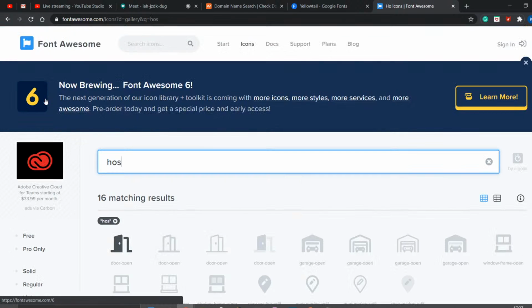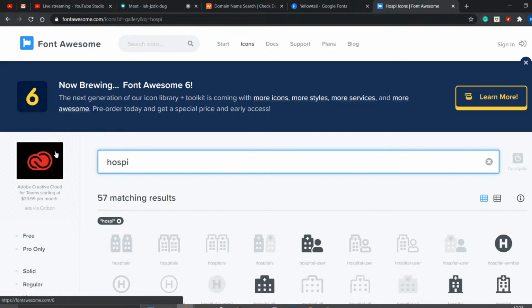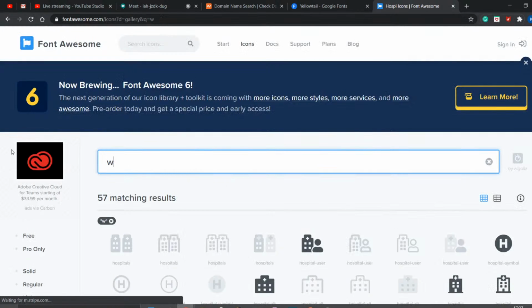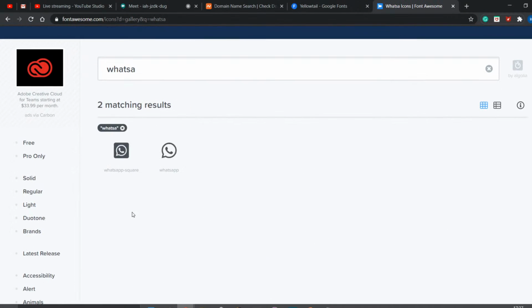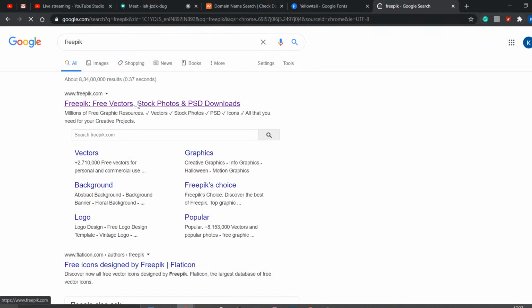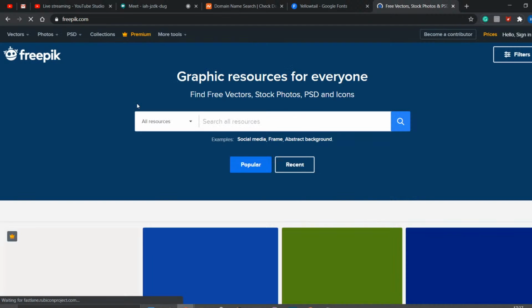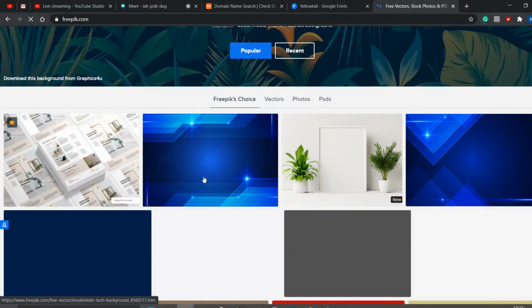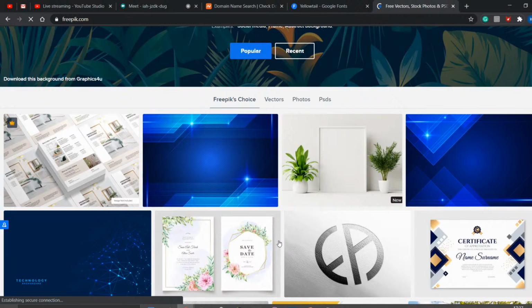For example, you need a hospital. See, we all got it. For example, you need WhatsApp. You got it here. So everything you can get, and you can get Freepik too. Freepik is a tool with vector forms. These are some of the pictures which are available in PNG format.